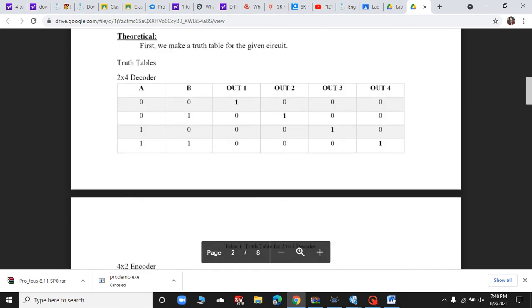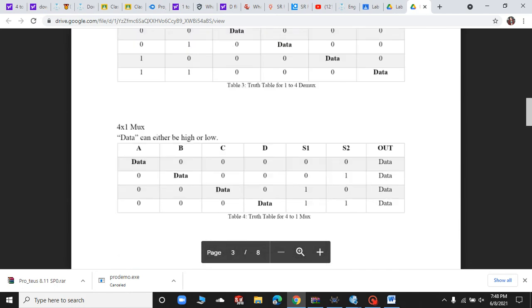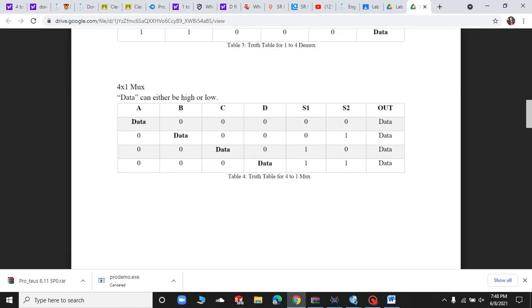So this is the table for the mux. Let me show you. This is the 4 cross 1 mux. It contains 4 inputs, so we have a, b, c, and d. The mux only gives a high output at only one variable at a single time. That is, it gives a high output at a, either at b, either at c, or either at d.